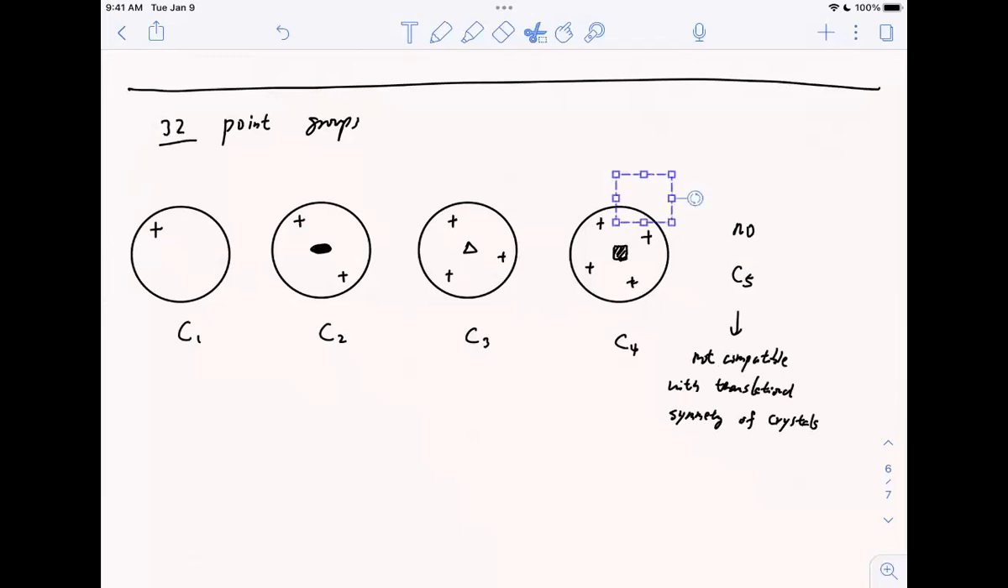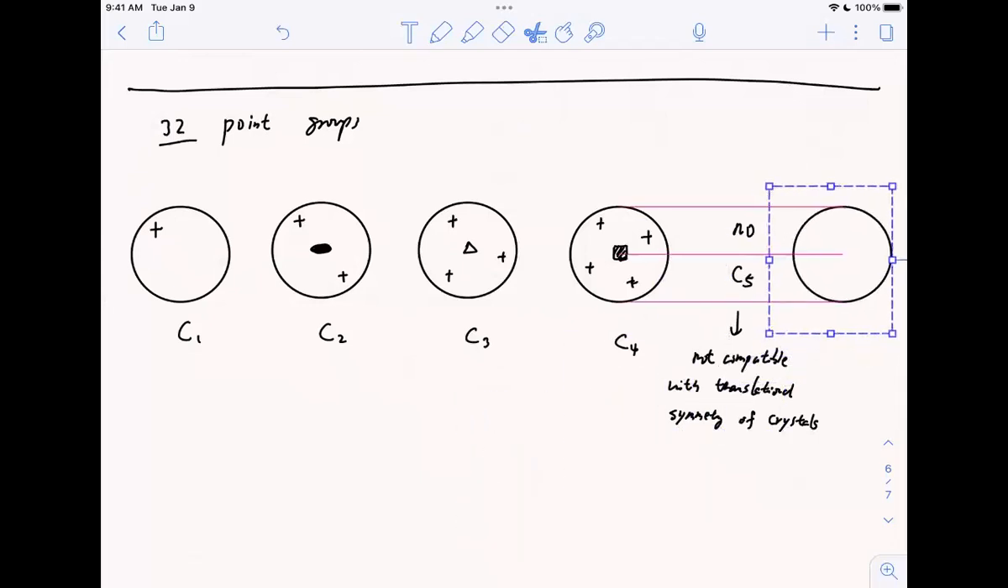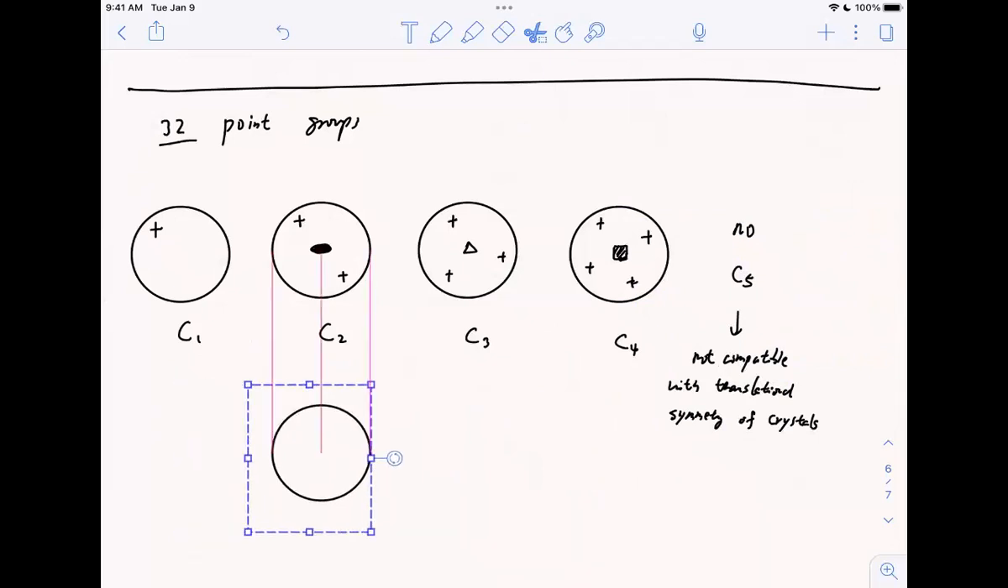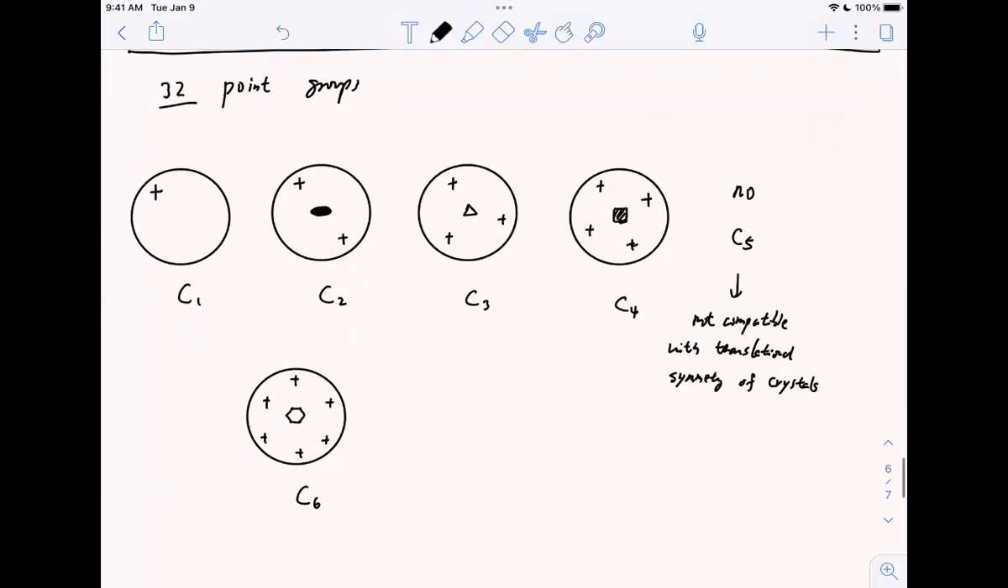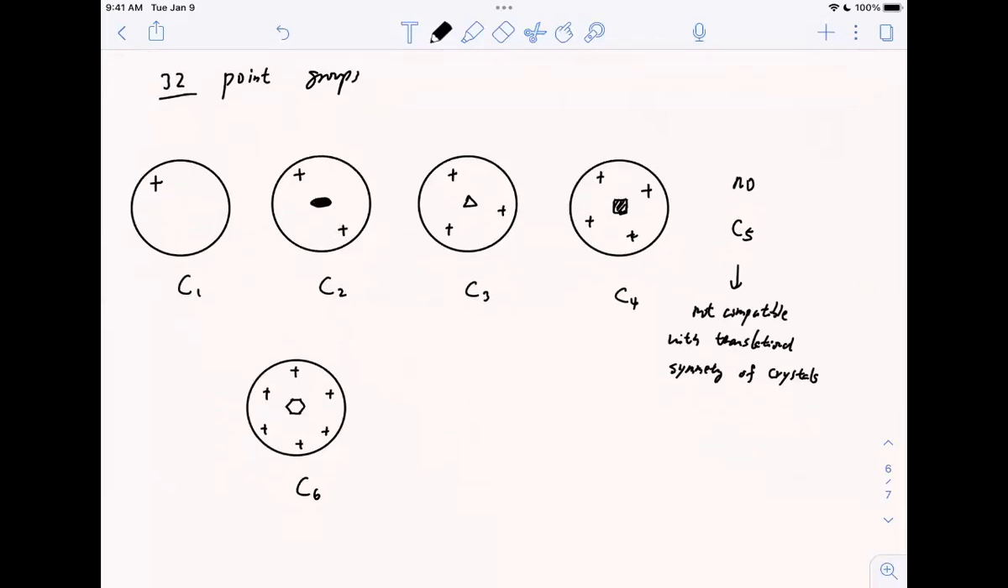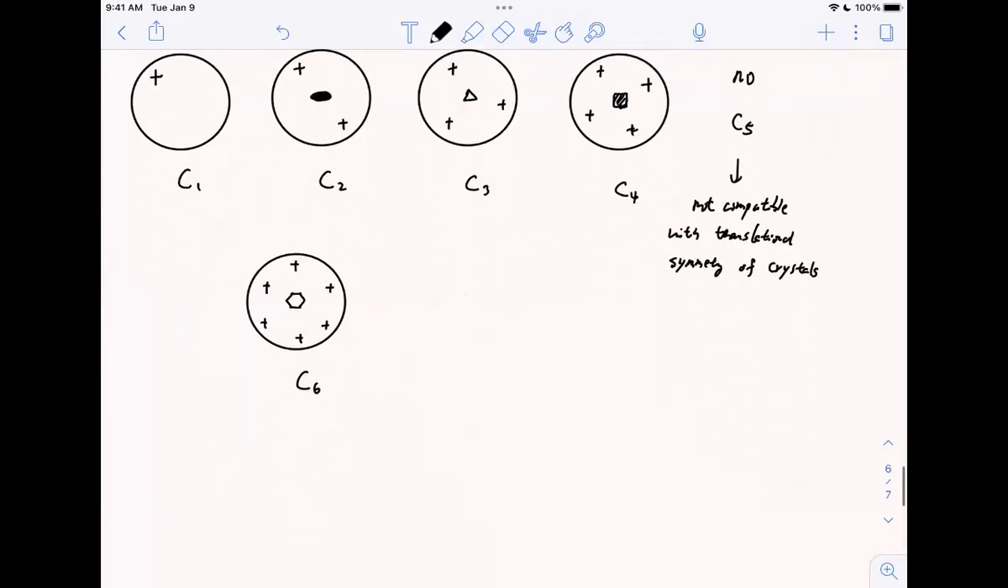And then you have C6. C6 is you just draw a hexagon. So this is C6. Okay, now these are all rotational groups. So now let's add the reflection. The first one we'll get is